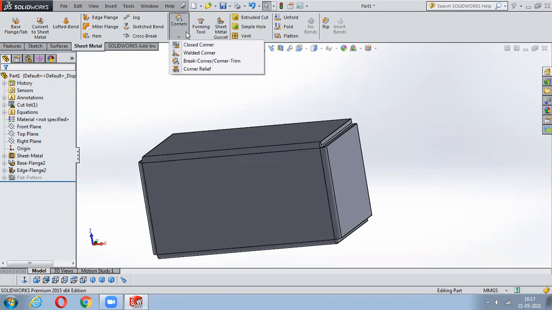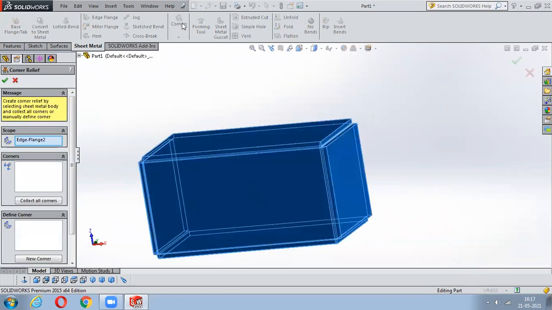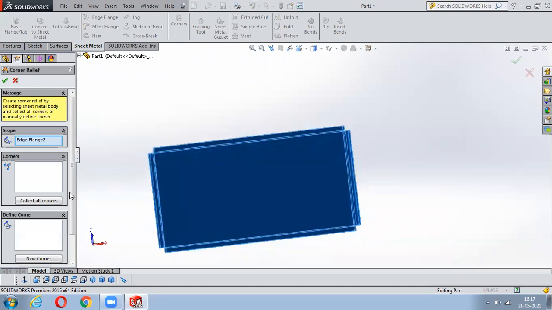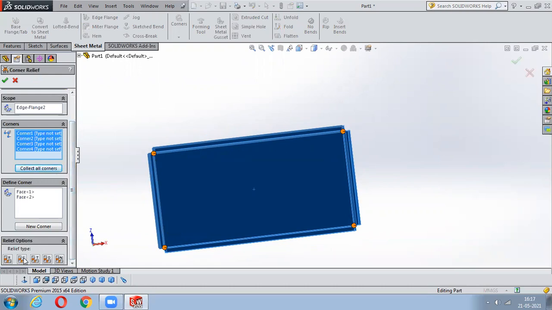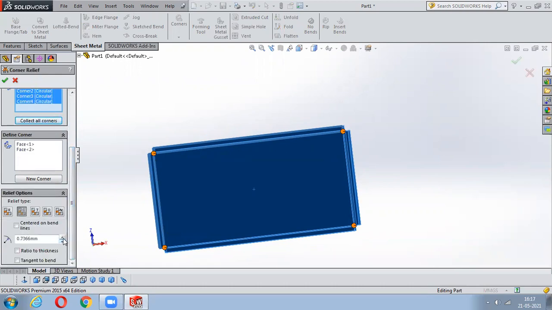I'll show you. I'll go to this corner relief here. Once you go to this corner relief, just say collect all corners. The software itself will calculate all the corners we have and collect them. If you come down, you can change the shape and size of it. Now I'll click on circular and keep increasing the radius of that circle.